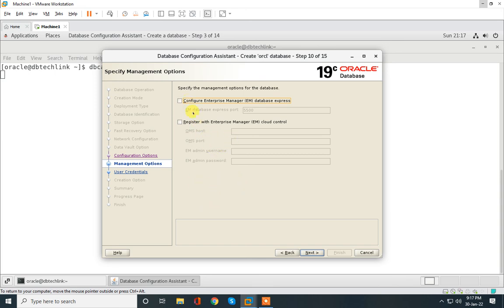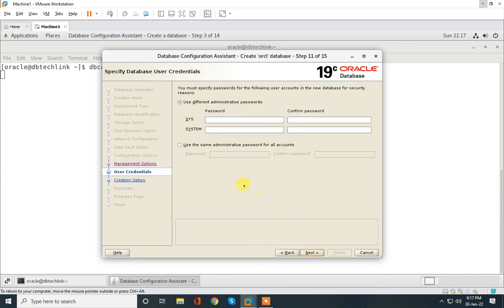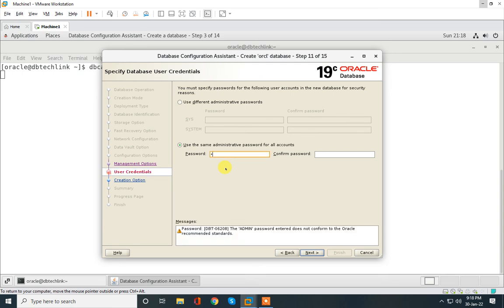Click on next. Now, when we create a database, there are two admin users, that is SYS and SYSTEM, right? For both users, we have to give a password here, for safety. We can use separate passwords or we can give a single password for both accounts, right? Click on next.